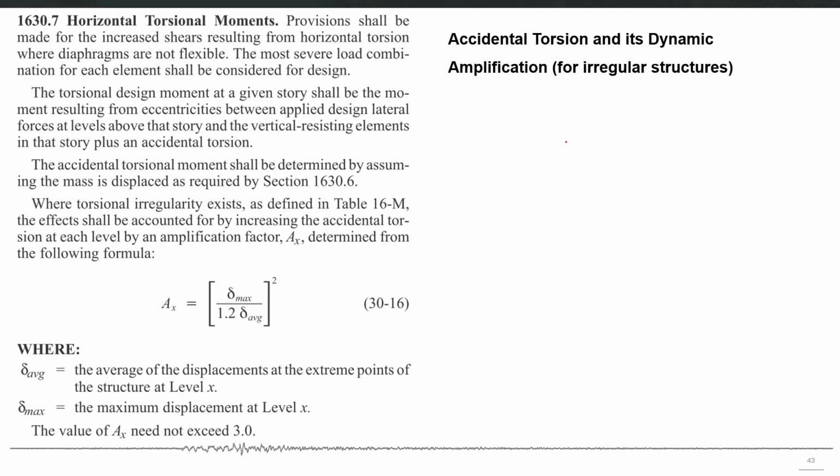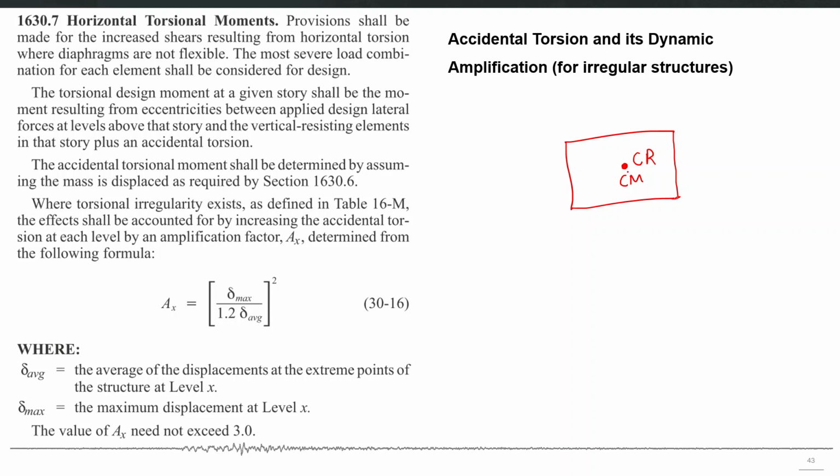So for example, if you have this structure, and although you know already theoretically that the center of mass and center of rigidity are exactly at the same point, the building is exactly symmetrical, still there can be some uncertainties in these calculations. The center of mass, for example, can displace in a real scenario in a real building. The instantaneous changes, for example, in the configuration or design or the layout of some particular element can affect this center of mass, and you can have some eccentricity which was not originally intended.